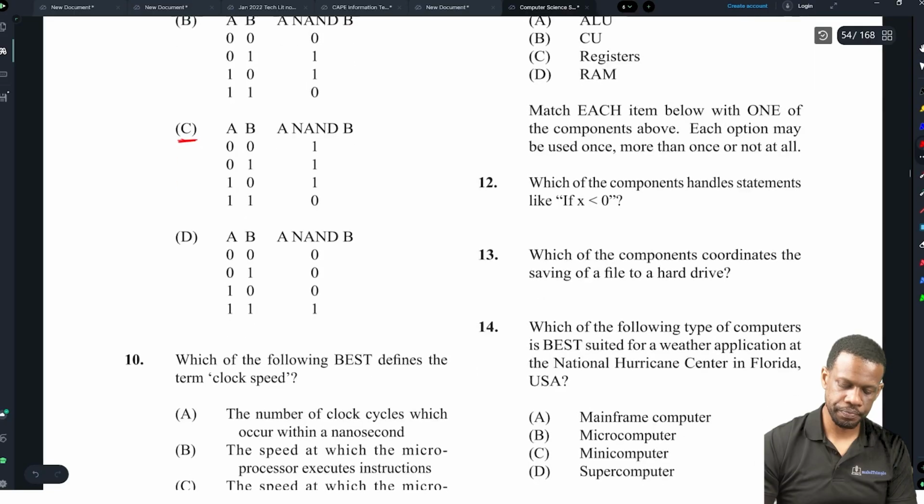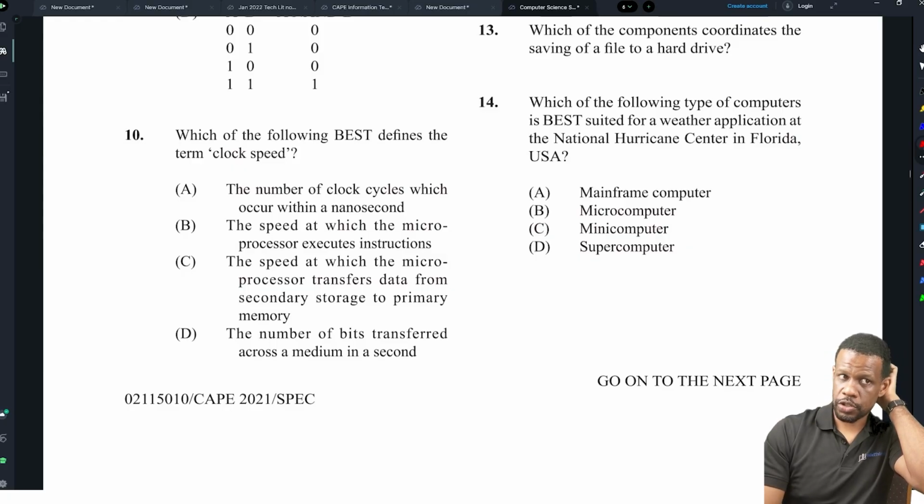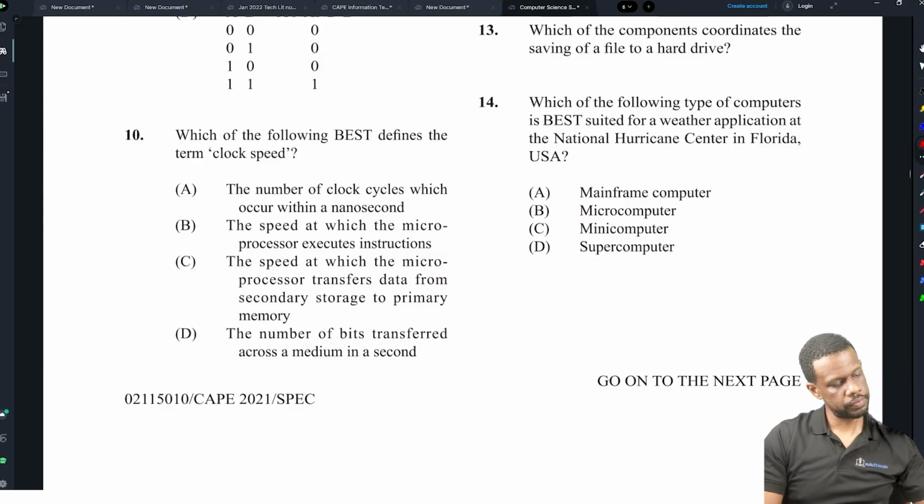Yeah, that's C. Number 10, which of the following best defines the term clock speed? Clock speed is the speed at which the microprocessor executes instructions, the speed at which the microprocessor transfers data from secondary to primary storage, the number of bits transferred across a medium in a second, or the number of clock cycles which occur within a nanosecond. The definition of clock speed, boy, this one is tight,